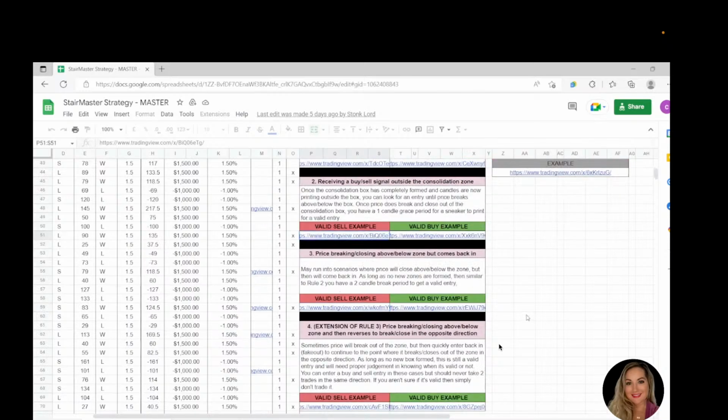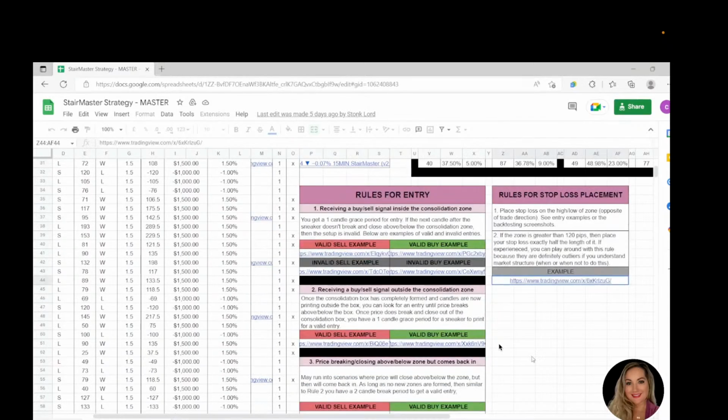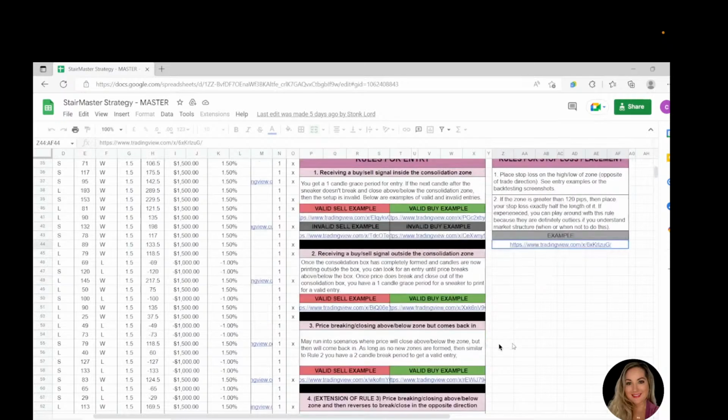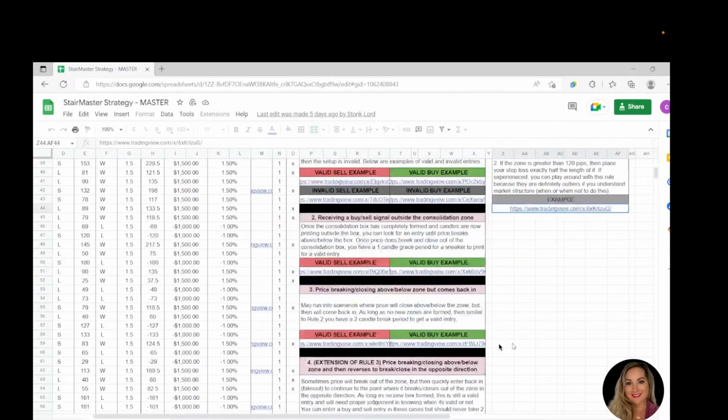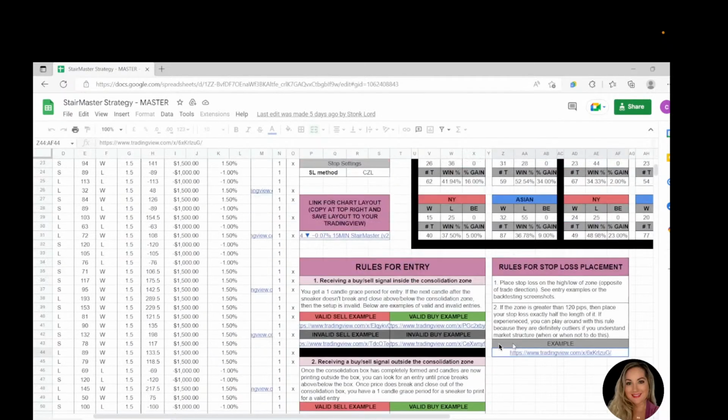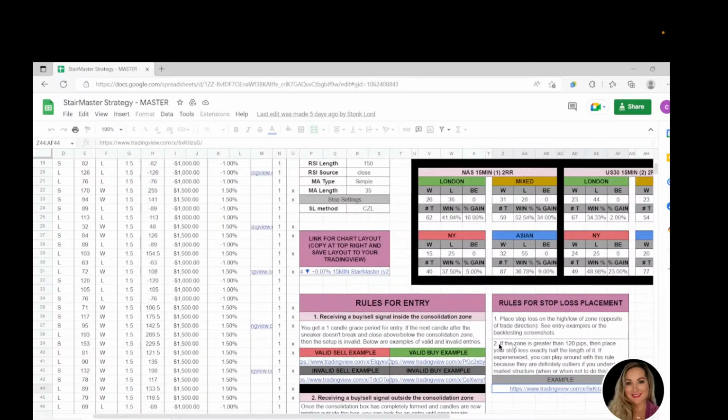There are certain times during the strategy where you may be a little bit confused as to what you should or shouldn't do. Please come look at the rules and look at the examples that we give you. Make sure that you are utilizing this. We have really spent some time breaking this down and coming up with the examples to make it easier for you to find the answers to your questions